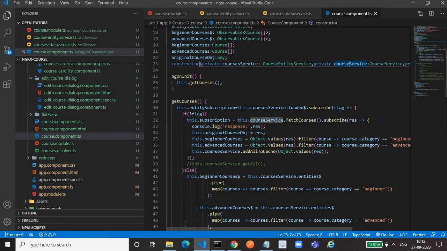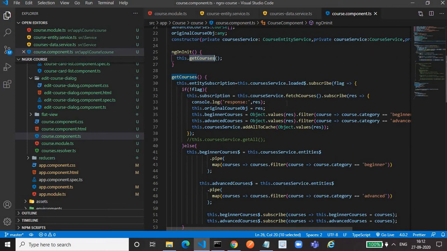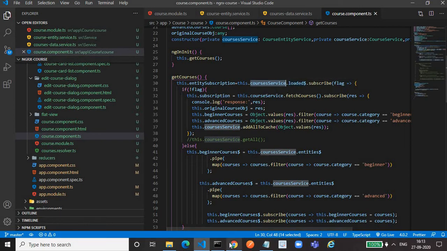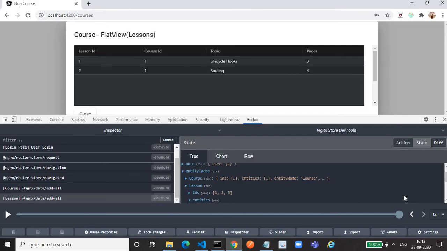So within the onInit method, we are calling the getCourses function. In the getCourses function, what are we doing? We are utilizing the entity service. This dot courses service dot loaded$ observable will give you access to the loaded flag that we have seen, right?